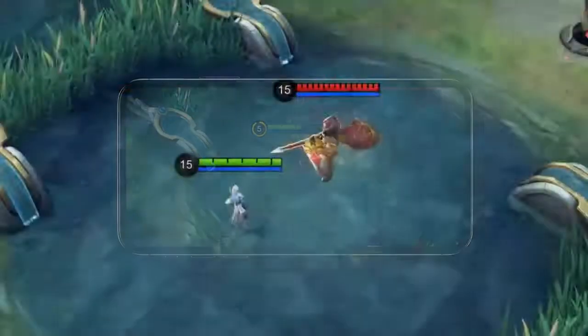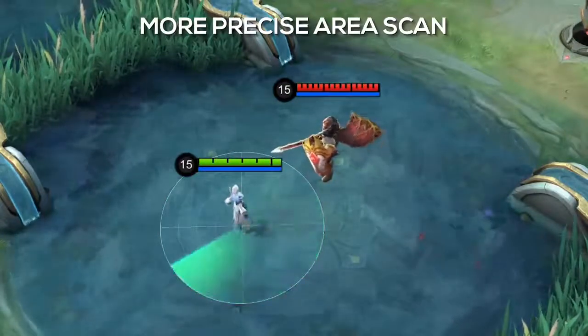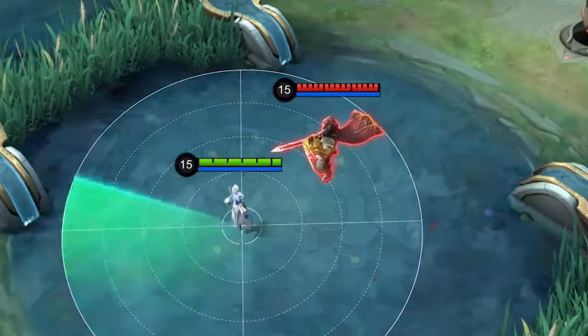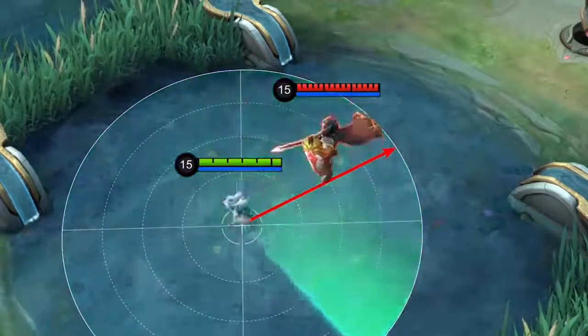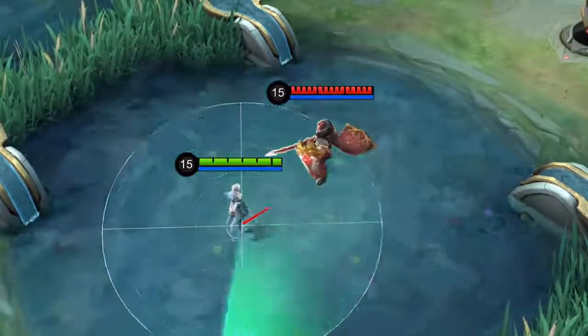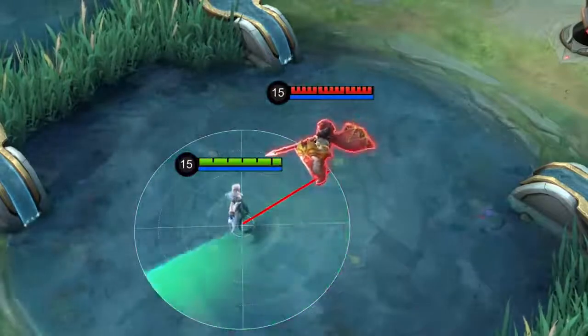And what else have we done? To further push the frame rate, we have made the area scan before each skill cast more precise. For example, previously Eudora casts her second skill. The system would have to scan a relatively large area to detect enemies in the range. Now, after the optimization, the area scan is actually in line with the attack range of the skill to pinpoint